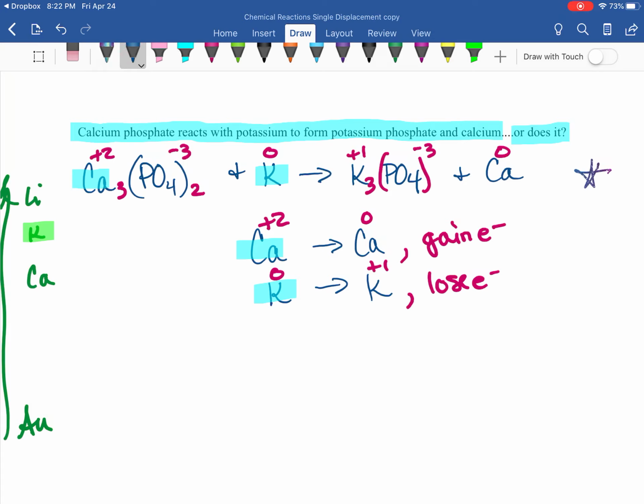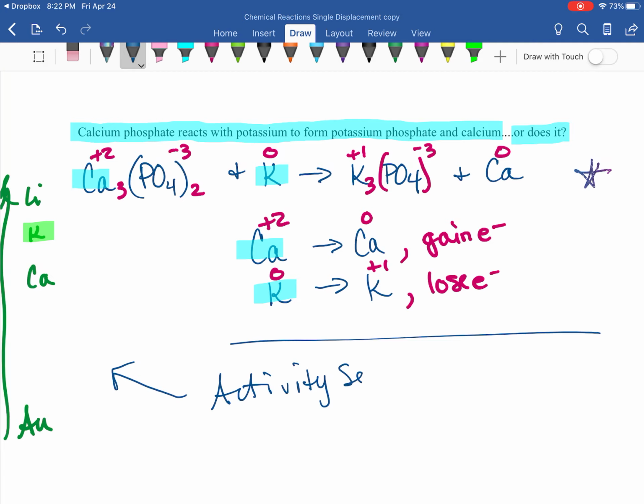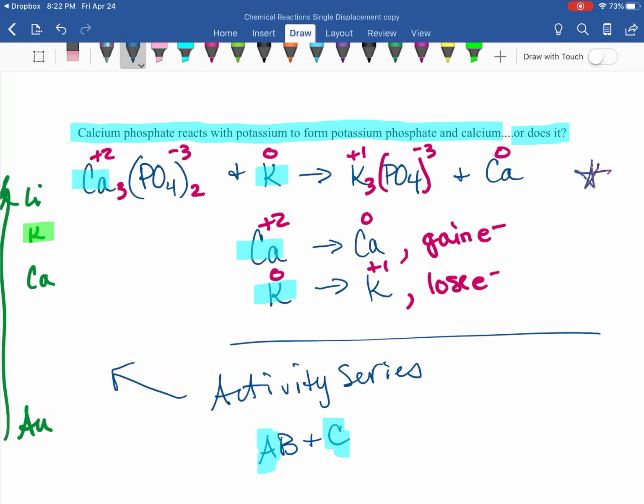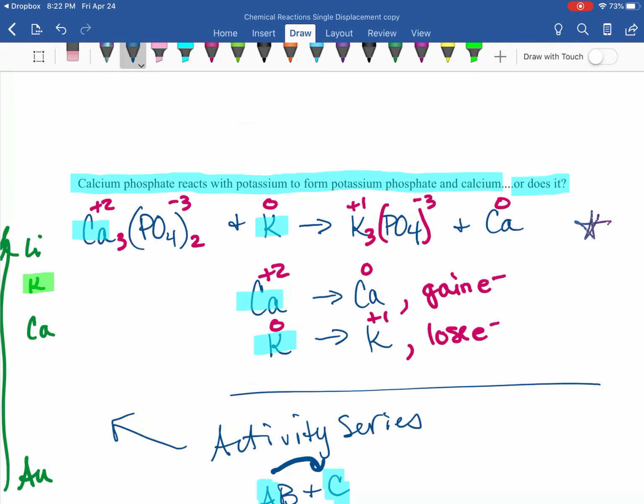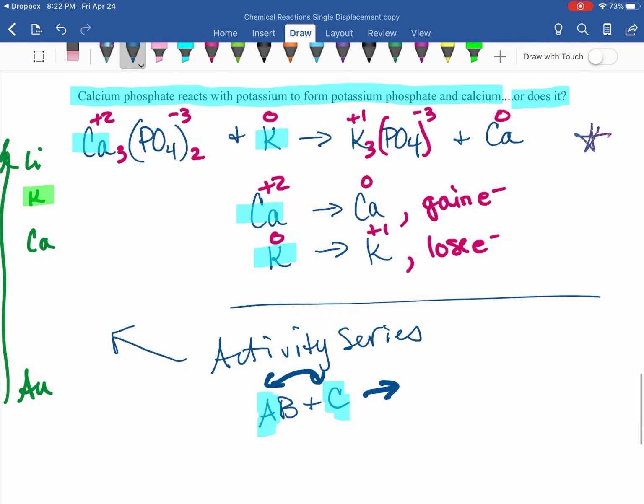Let's do another one. Or not. Okay, so I think we have some homework that's out there for these. And then we also have some other examples coming up that are going to be our double displacement reactions. So what do you need to try in these single displacement reactions? You need to make sure that you can read your activity series. And make sure you know which partners are switching places. So you're going to follow that these